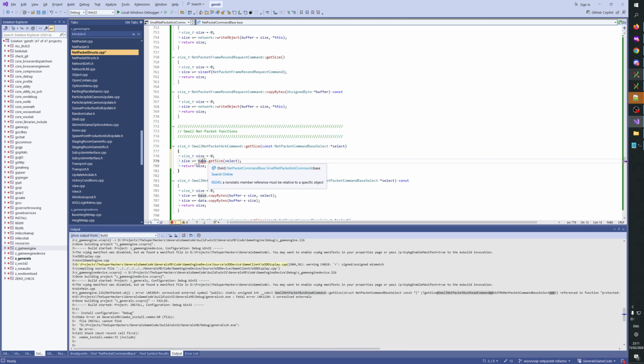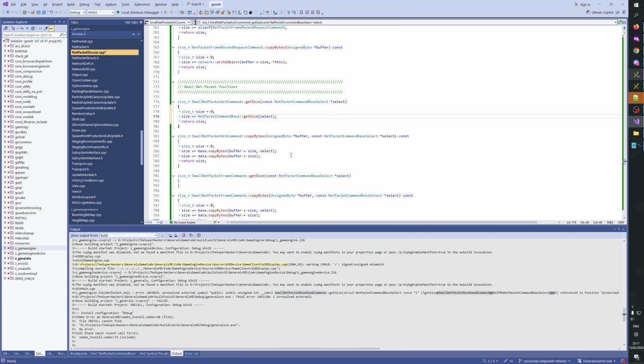Select packets, commands, base, get size, and then data